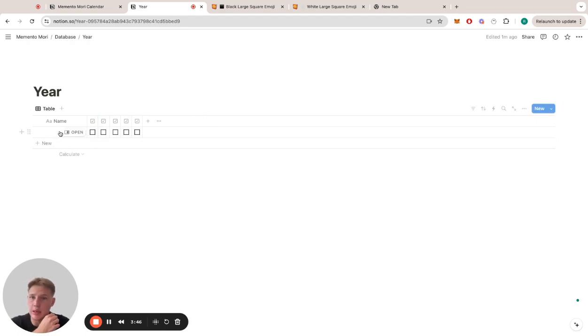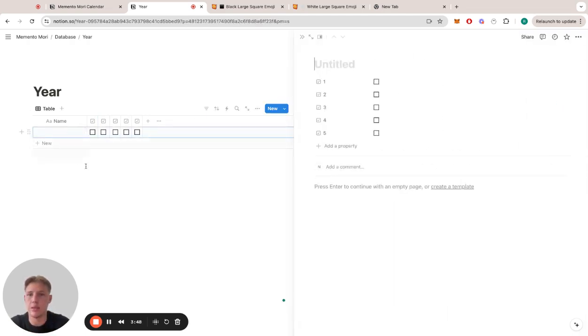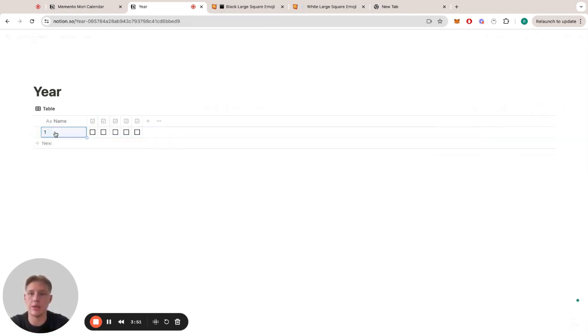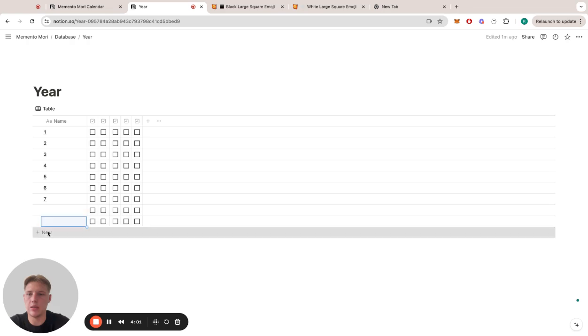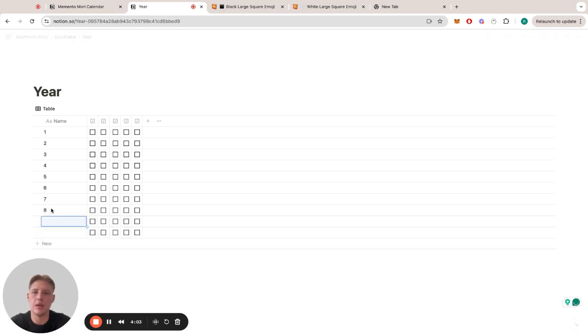And let's say we are planning to live 10 years. So let's add 10 rows. 1, 2, 3, 4, 5, 6, 7, 8, 9, 10. So this is the table that we are going to use as a base for our formula for the calendar. So if we now go to the main view,